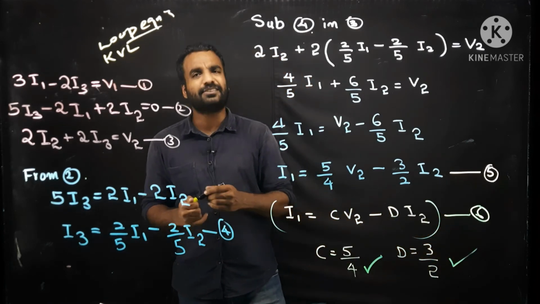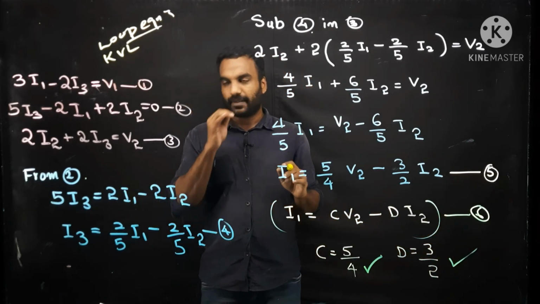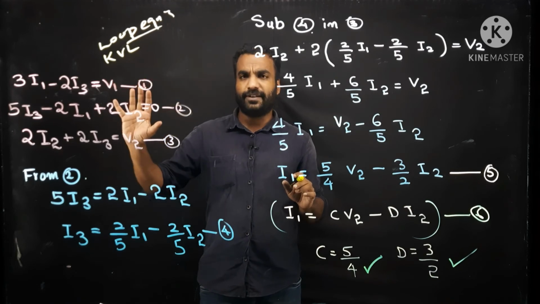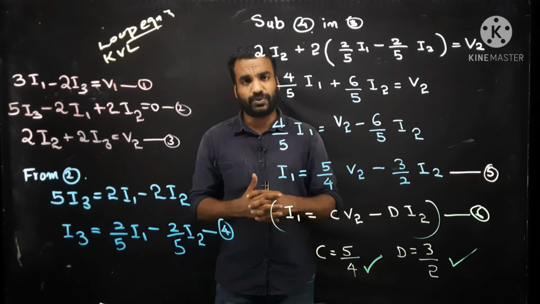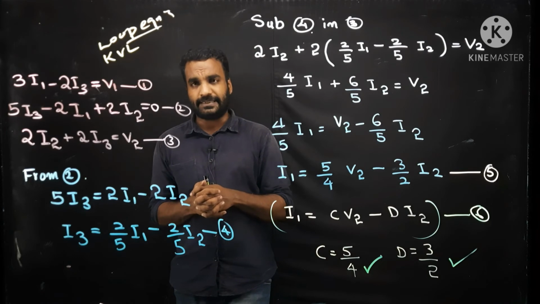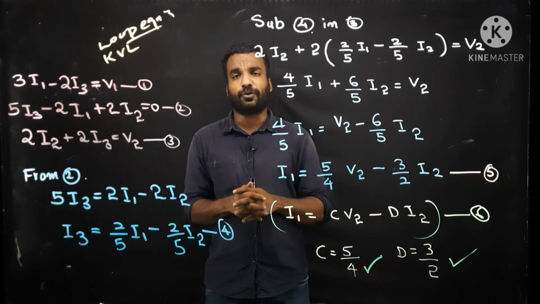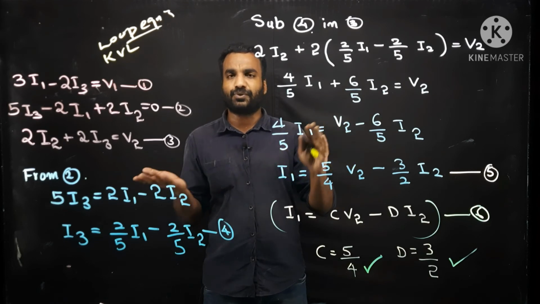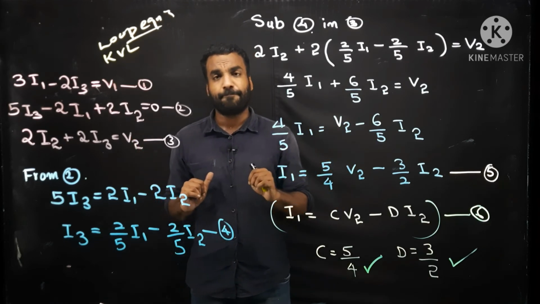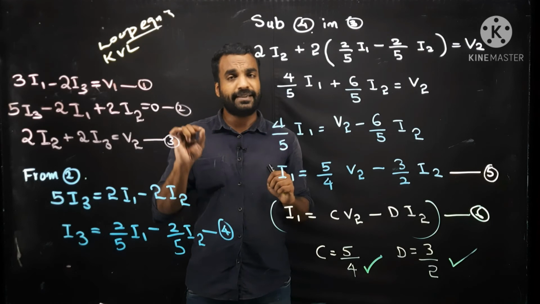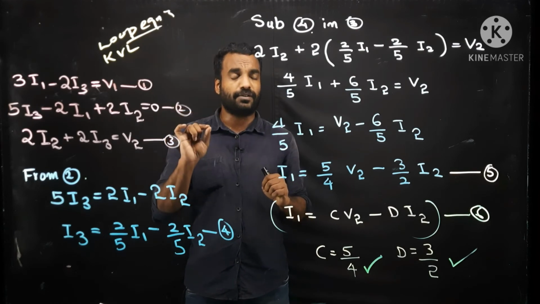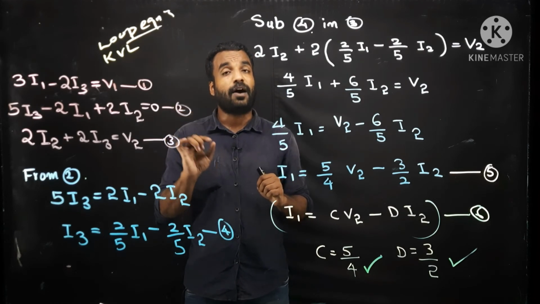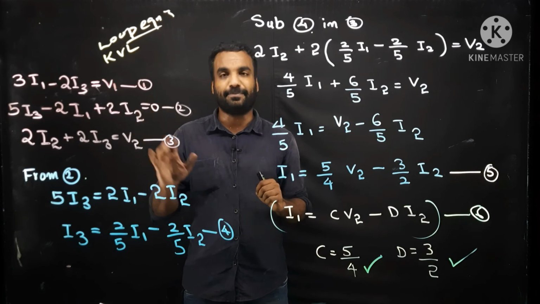So you can now see this method is very easy. If you are not to apply KVL and how to substitute things, this method is very easy and you need not go for making V2 0, I2 0, open circuit, short circuit. Such steps are not required. But it is having a little bit complexity if our basic method is that simple.